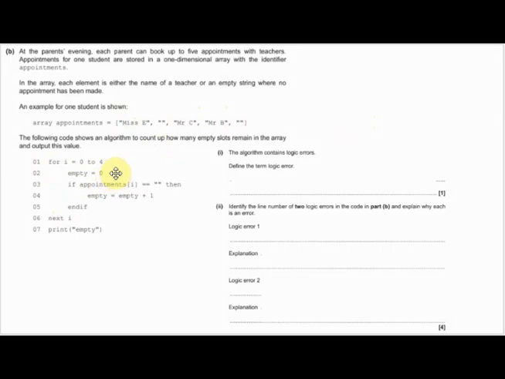So it says empty equals 0. If appointments I, and remember I for the first time is assigned 0, is equal to blank, so a blank string, an empty string, then empty equals empty plus 1. So we're adding 1 to this empty. And then next I, so we're going to go back up here, and we're going to be turning empty to 0 again. Now we should be looking at this and starting to think about how this is actually working. If appointments 1 is equal to blank, then we're going to add another 1 to empty. We keep doing that until we are finished up to 4, and then we are going to print